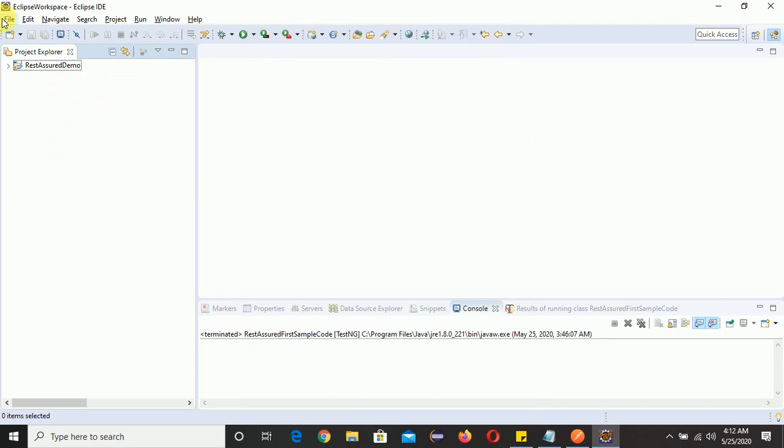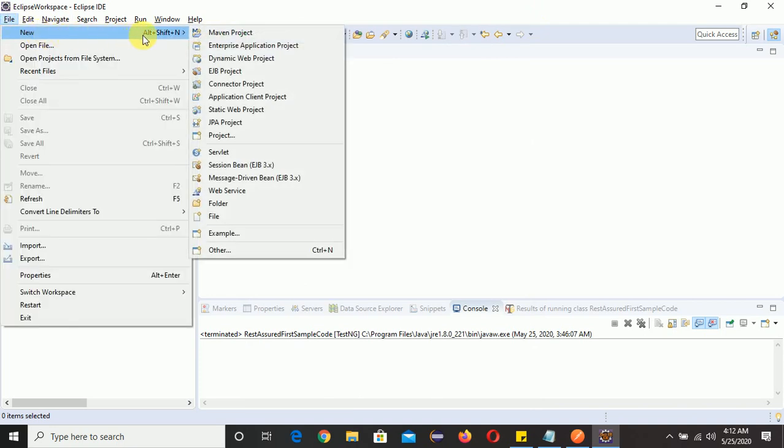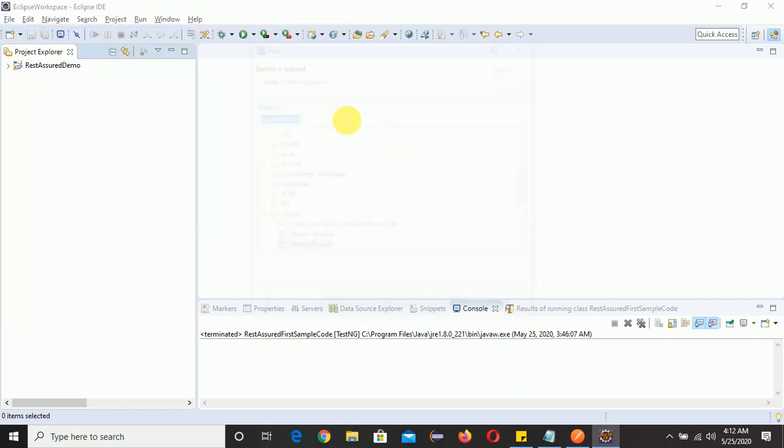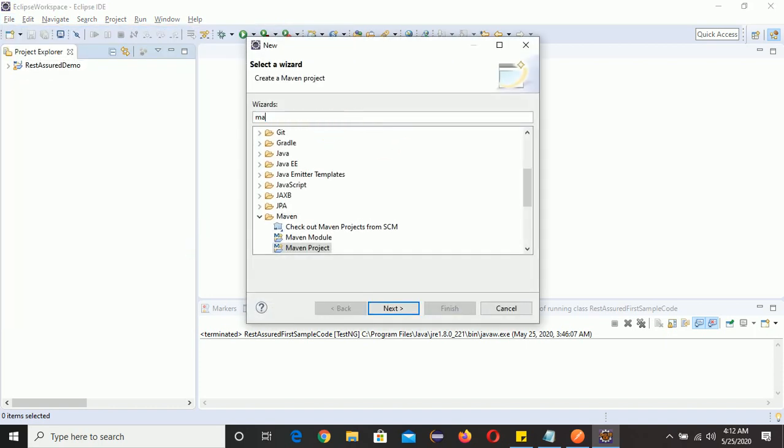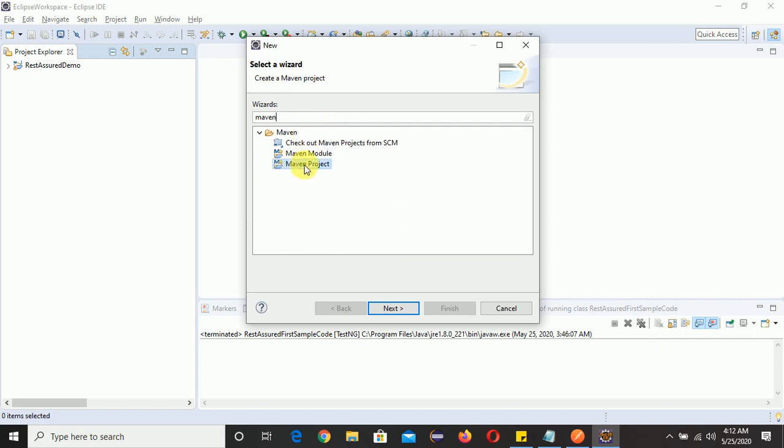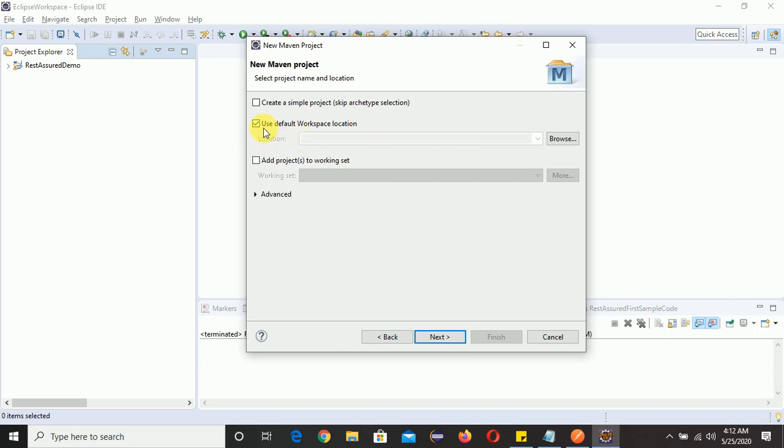So first click on File, click on New. So I'm getting Maven Project here. Suppose in your case you are not getting any Maven Project here, so click on Other and you can search here Maven. Now you will get Maven Project. Click here, click on Next. Now this is by default, like use default workspace location.